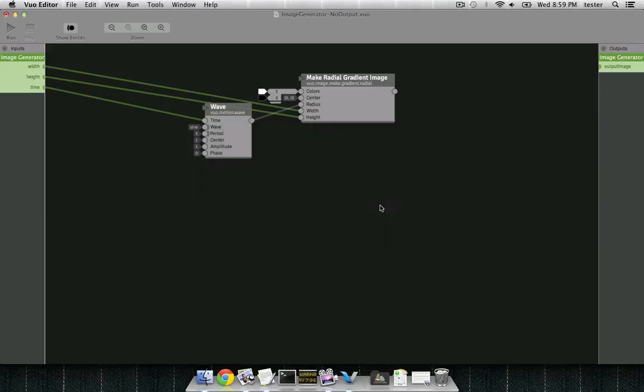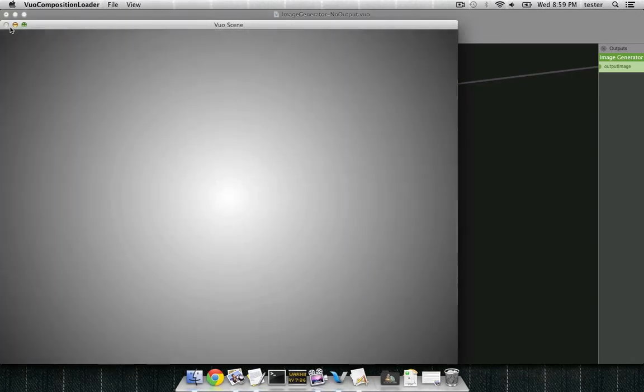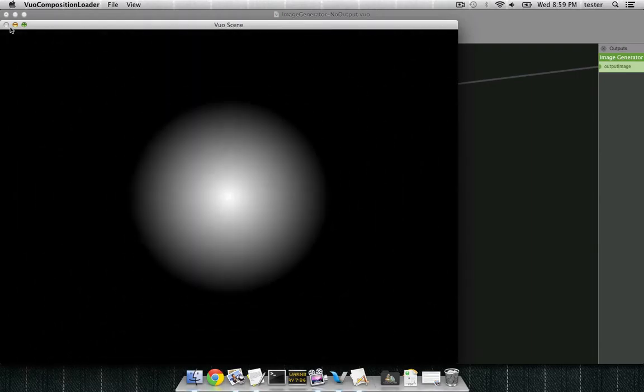Why is that? Well, each time the movie exporter or app sends an event into the composition, it's going to wait for as long as it takes for the event to come out the other side before it sends the next event. If the event never comes out, well, it might just wait forever. So, if you get an error when exporting a movie or see a hang when running a protocol composition, that might be why. You can avoid these problems by testing your composition in the Vuo editor to make sure your events are going all the way through the composition and not being blocked.